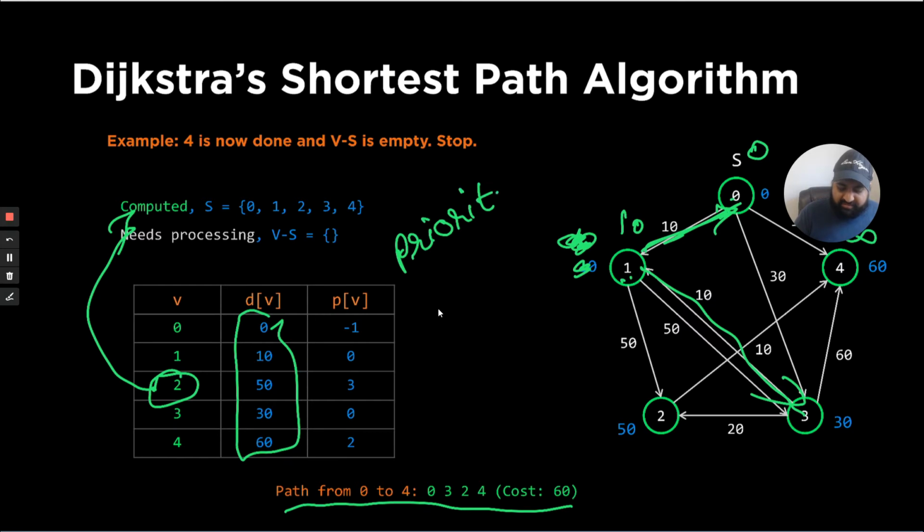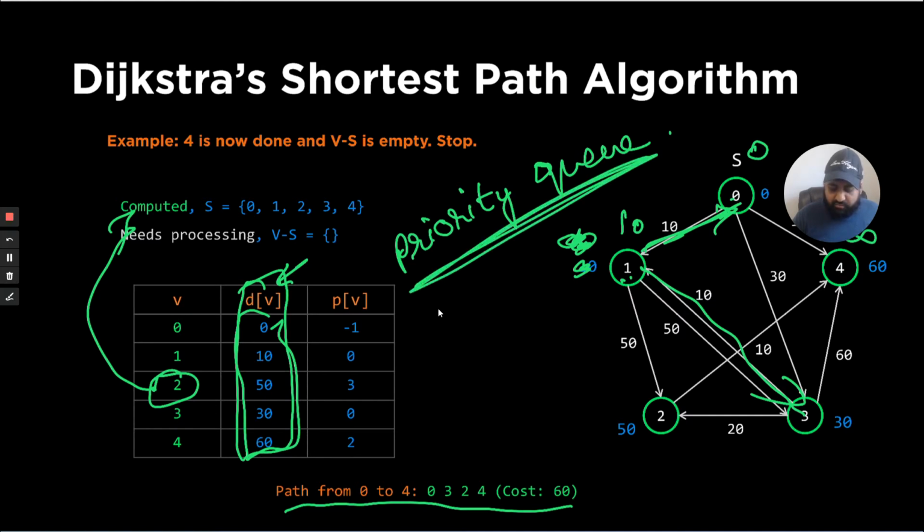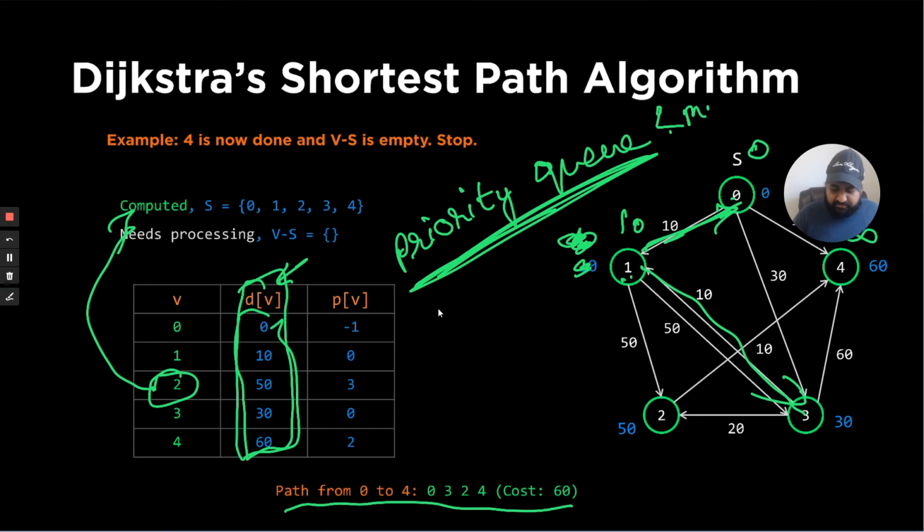And priority queue is basically heaps, which we have already covered. And why that data structure is helpful here is that you remember, every time we were taking these dv's, because we are trying to find out what is the minimum dv in this operation. So that is going to be computationally more expensive. But if we maintain a priority queue, we can find the minimum value, because essentially the priority queue is a min heap, right? In O(1) complexity, and we can remove the minimum element from this priority queue in log n complexity, because essentially